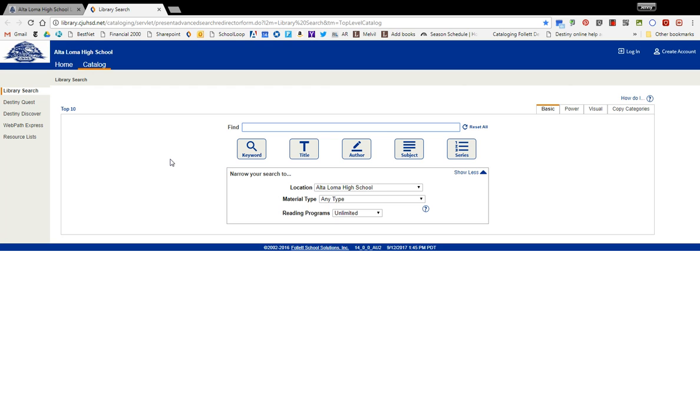So you actually have 5 ways to search for a book. You can search by keyword, title, author, subject, and series. So if you know any one of those 5 items, you type it in here. So let's say we were looking for a book by or about Barack Obama. So we would type in Barack